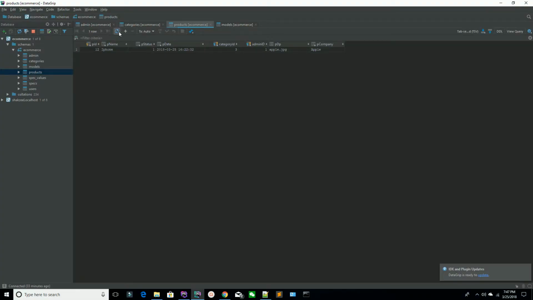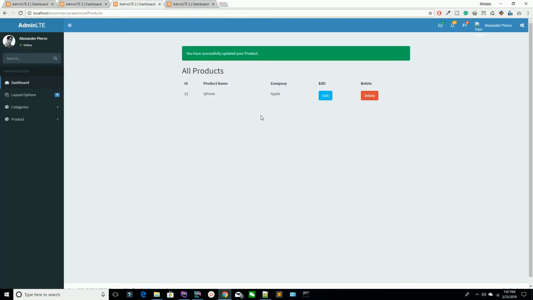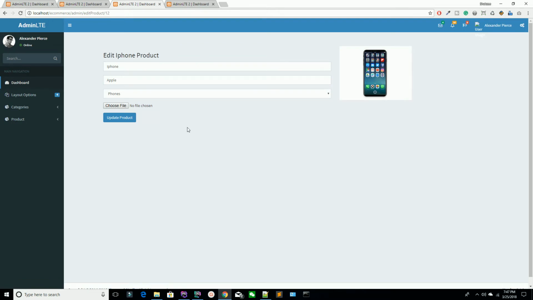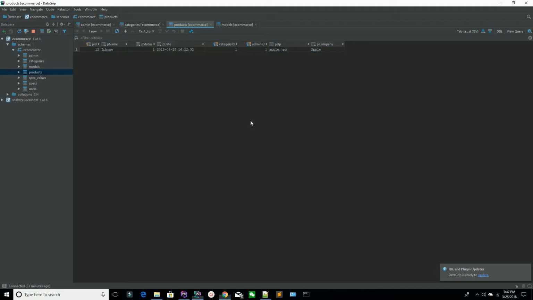You can refresh your database table. Now you can see you have just updated your category ID. So in this way you can create your update section. But hold on, you have successfully updated a mechanism, but what happens if your admin wants to update the image as well? So it's time to code